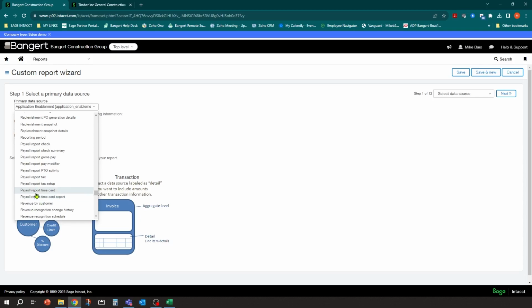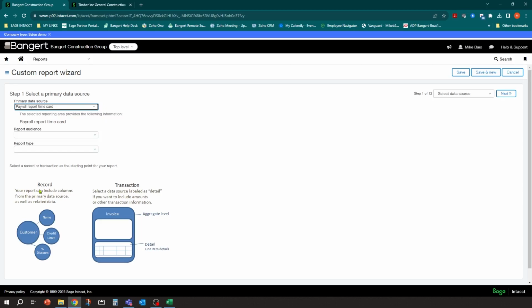So if I want to start a time card report, and you know what, if you're not sure, just click on one and try it. You can always back out and pick a different table to start with. It's very wizardy here. So some of these need to be labeled a little bit differently. There's report time card, report time card report. It's kind of a tough one to figure out there. But if you go through there and preview these tables and see what's in there and just get familiar with them. So if you go to payroll report time, we're going to start with that one.